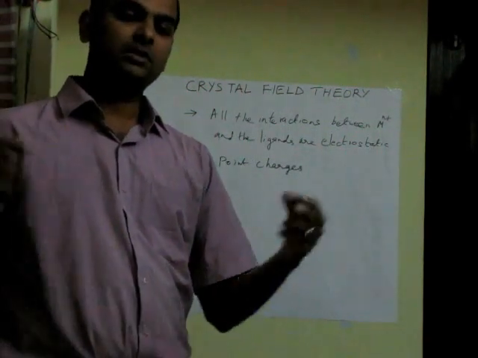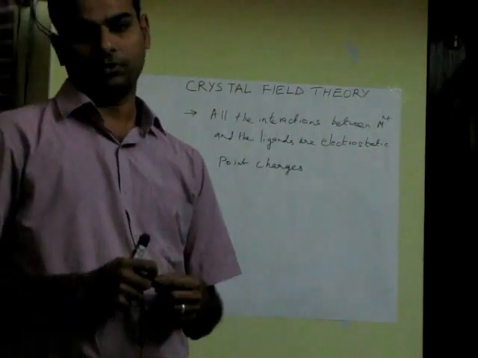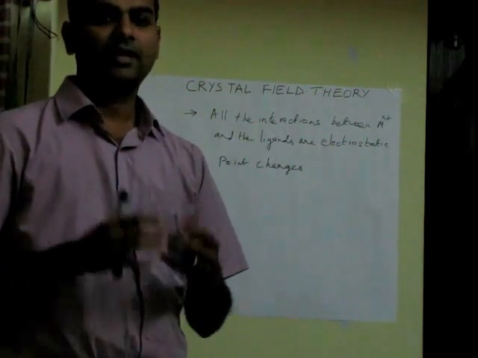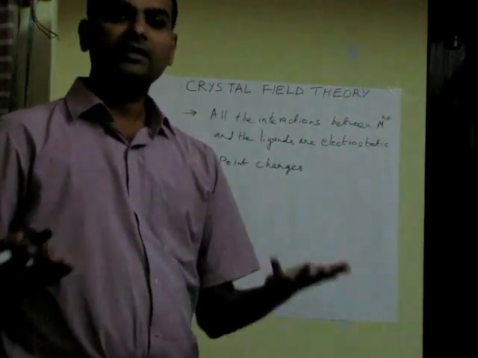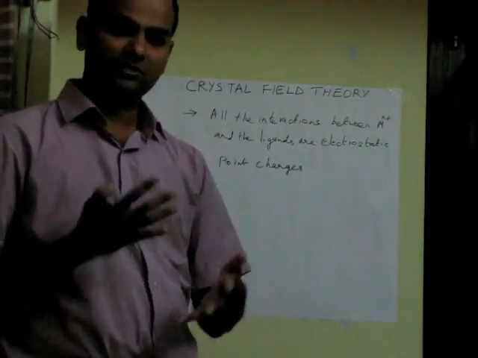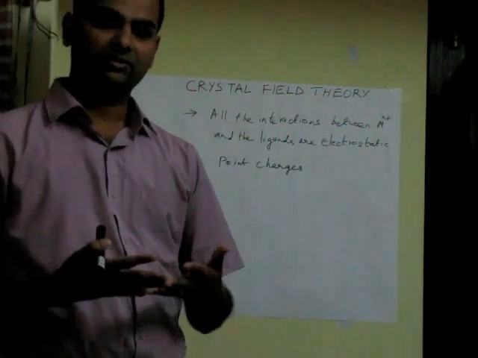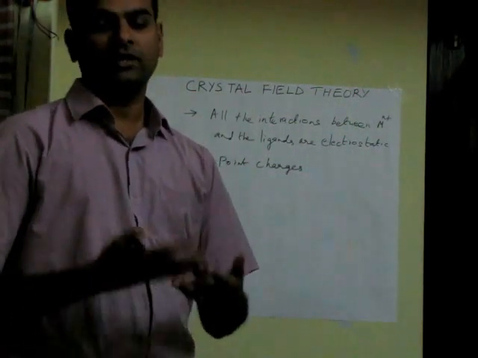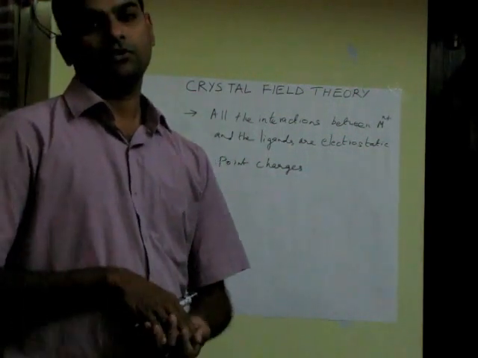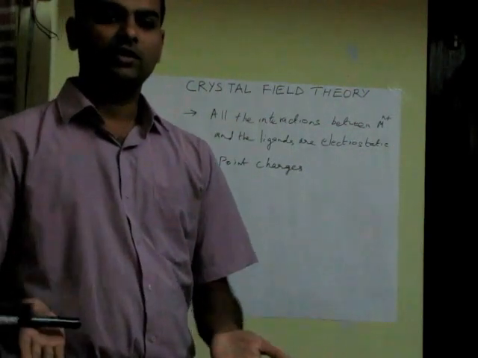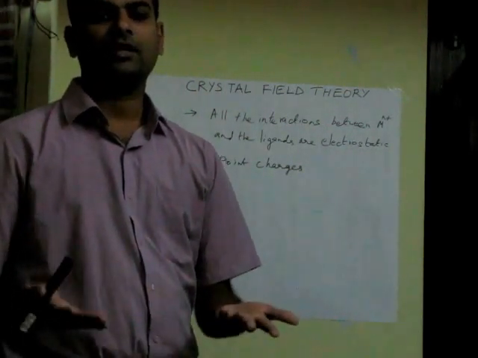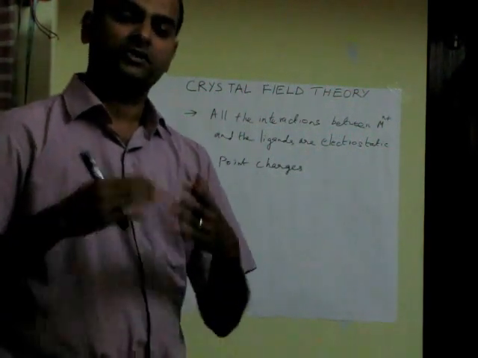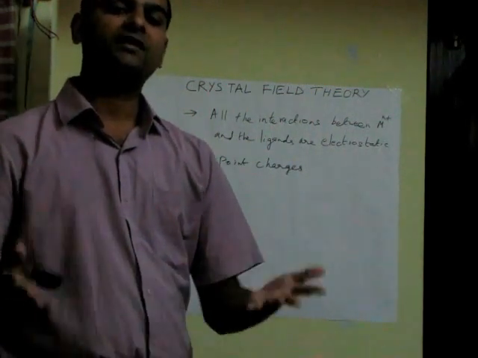Depending on the geometry with which they approach, the d orbital electrons interact, and they get destabilized or stabilized with respect to the degenerate energy levels, and there will be a splitting of the d orbital energy levels into different sets. Based on these sets, one can easily interpret the spectral properties as well as the magnetic properties of